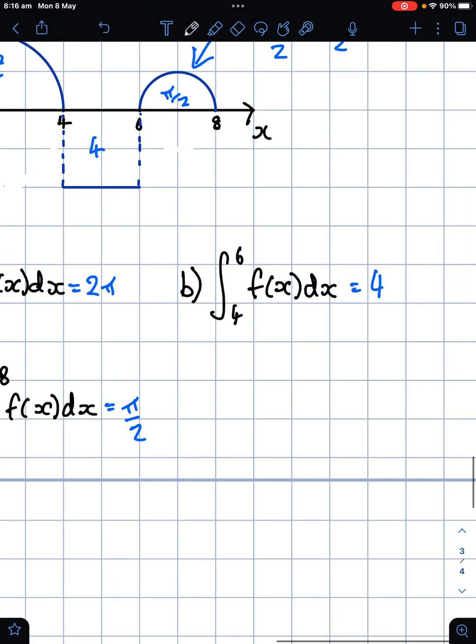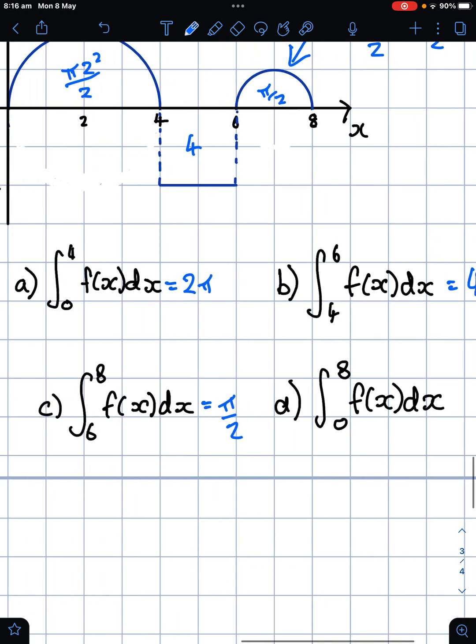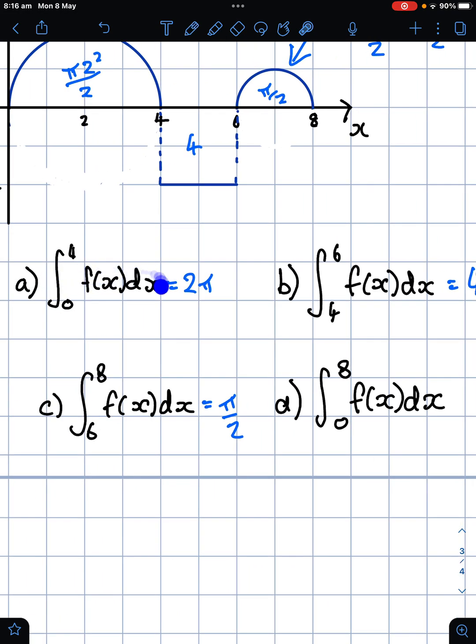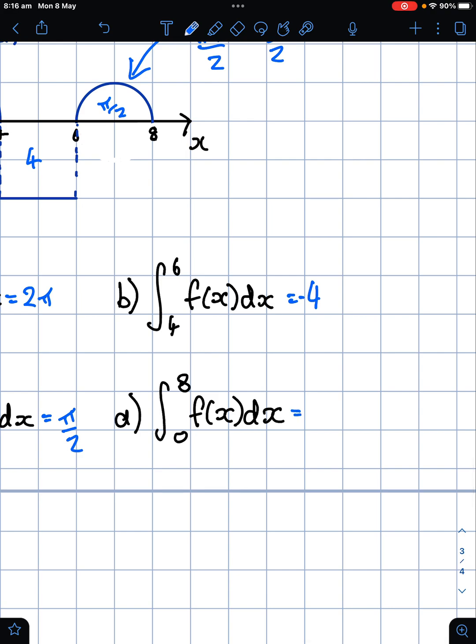And then our last one, D here, we've got the integral of 0 to 8 of f of x dx. I'm running out of room here, so I'm going to have to just be a little bit cheeky. So this is, we're going to add this integral here with this integral here with this integral here. These two are positives because the areas are above. I've actually stuffed up here. This should be a negative because it's below the axis. So we're going to have 2 pi minus 4 plus pi on 2, which is going to equal